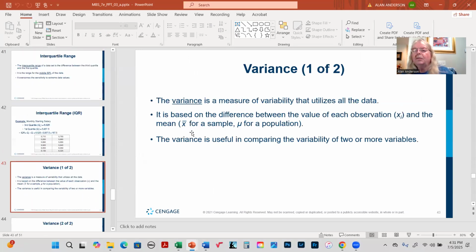Now, this is one of the more important ones, the variance. Okay. So now we're getting into some very deep waters here. The variance is a very complex measure, and you'll see that in this case, it is different for samples and populations. So, what exactly is this variance all about? Well, it's hard to describe in English, but what you're effectively finding here,